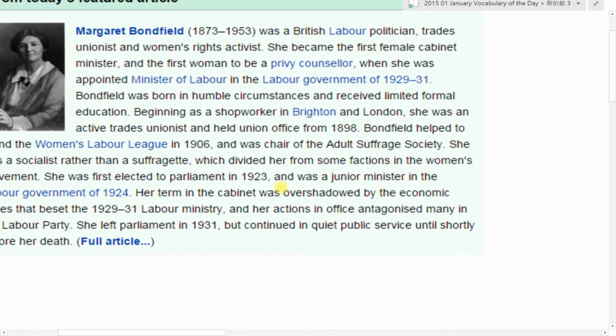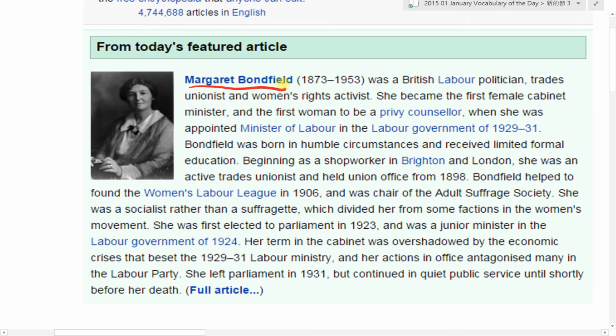好的，那今天到 Wikipedia，你只要找到这篇文章 Margaret Bonfield，M-A-R-G-A-R-E-T Margaret，B-O-N-D-F-I-E-L-D Bonfield，就可以找到这篇文章。她是一位女政治家，有兴趣可以读读她的故事，了解老师今天上的课大概是在上什么。好，我们来念一下这个故事。Margaret Bonfield, 1873 to 1953, was a British Labour politician, trades unionist, and women's rights